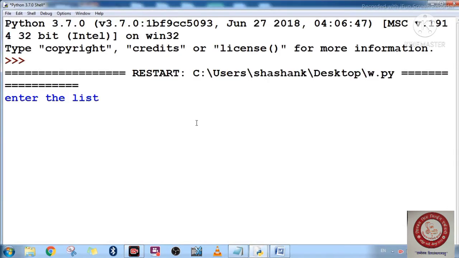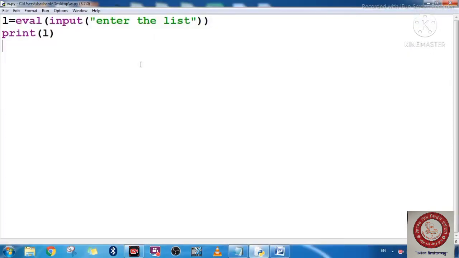Now I have given some kind of input here. Suppose I have entered the list elements are 1 2 3. See, exactly 1 2 3 is coming. It means that it is not running exactly. Okay, so there is some exception here with eval, and you are using the input function in the eval function. So the exception is that sometimes it is not running in the interactive mode as well as in script mode also. You are not getting the exact result. Okay, so just skip this part. Now let's come to the next part.